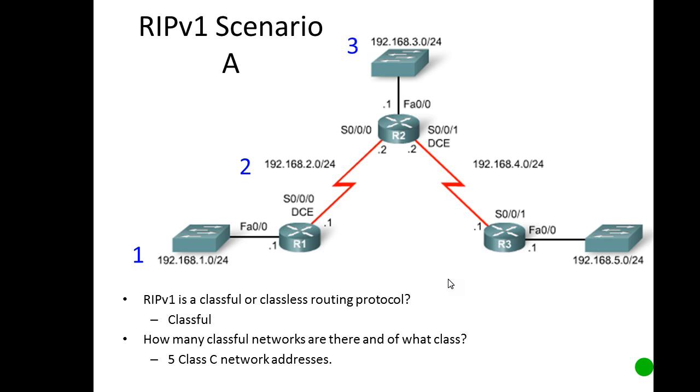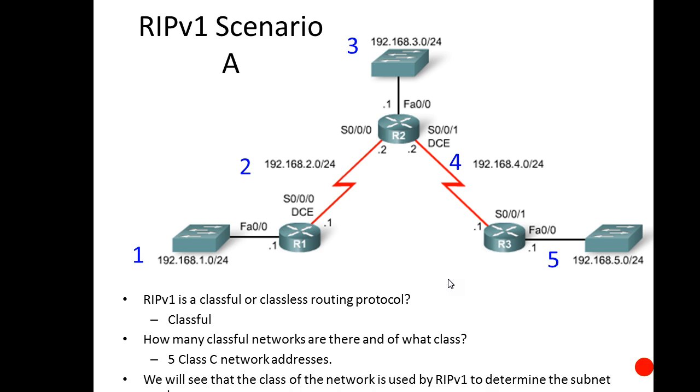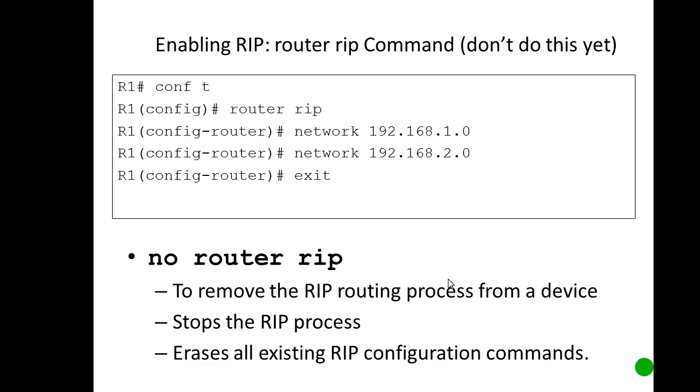So we have five class C network addresses: the first, second, third, fourth, and fifth. The first one is 192.168.1.0. The next ones are 2.0, 3.0, 4.0, and 5.0. And this command, router rip, is the command to configure the RIP version 1 routing protocol